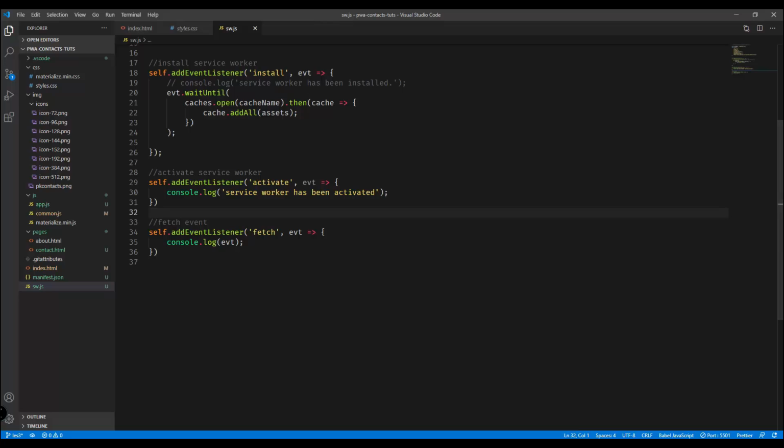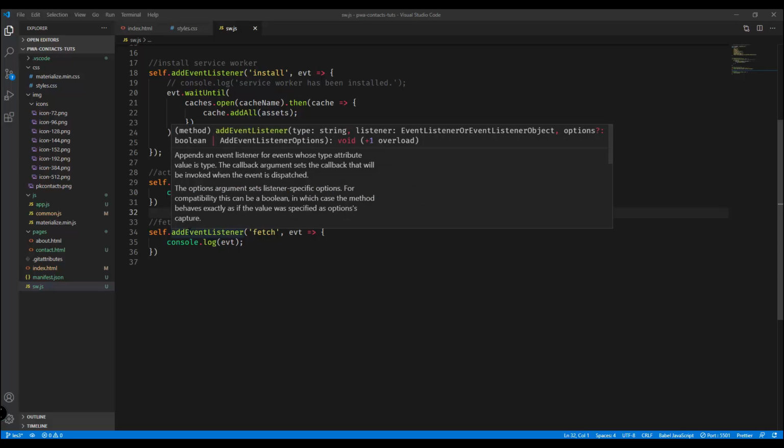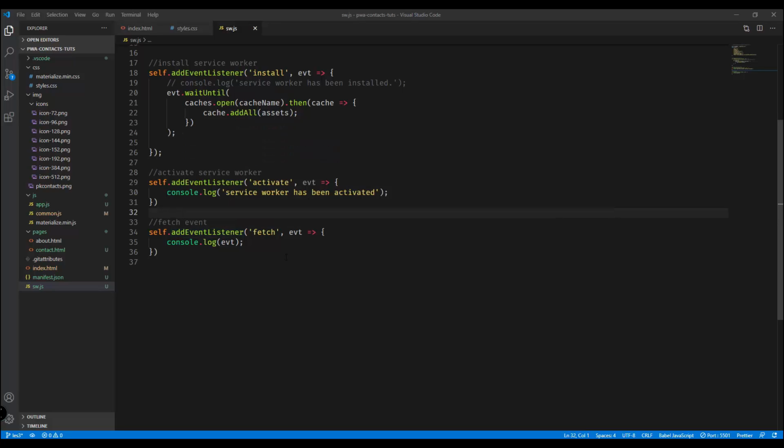And here inside our fetch event right here, what we could do is try to check the resources being requested. So if that particular resource is present in the cache, then we're gonna use that resource coming from our cache instead of directly requesting it from the URL or from the remote server. So that's why in here inside our fetch event listener, we need to add also some other cache